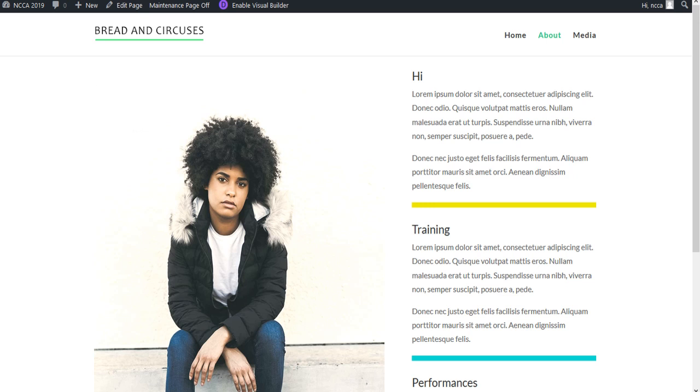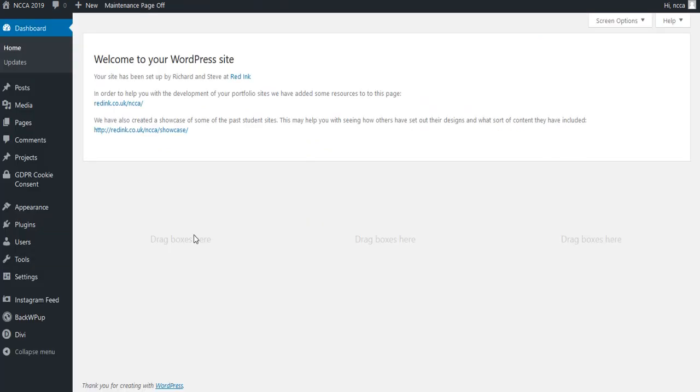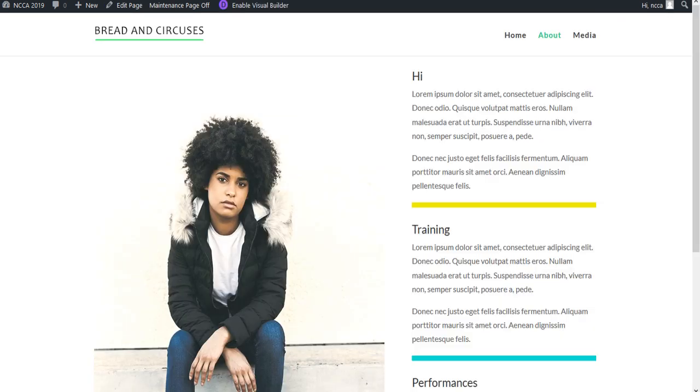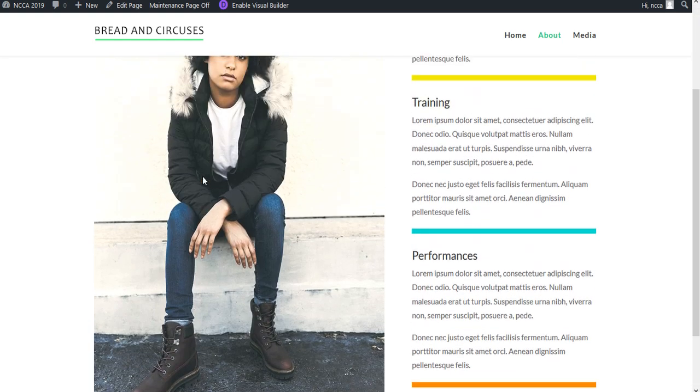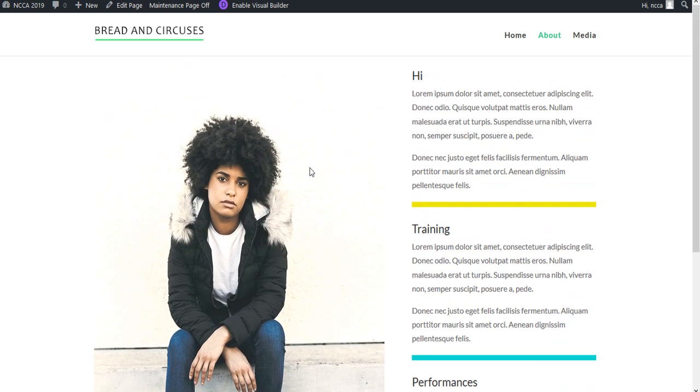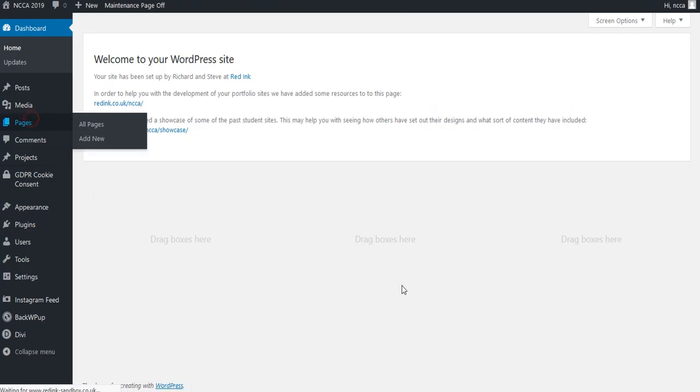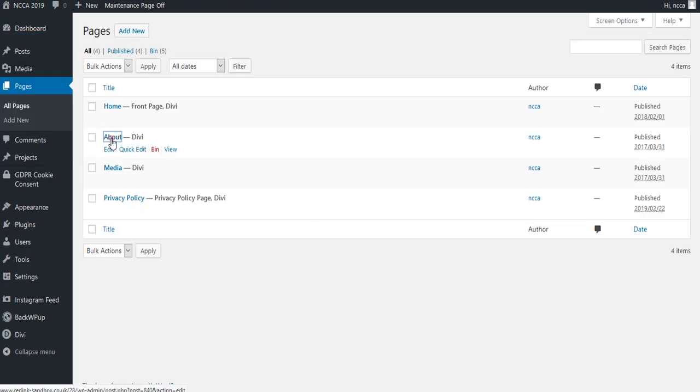So we'll see how we use Divi to make changes and add sections and content to our site direct onto our page. But first of all, let's take a look at the back end of the site, and to do that we're going to concentrate on the About page, this page, because it's relatively simple. An image, two columns, an image, and some text, and one or two little design items that we can look at how we do. So if we go to the page and we choose About,